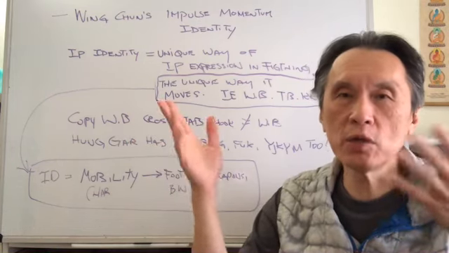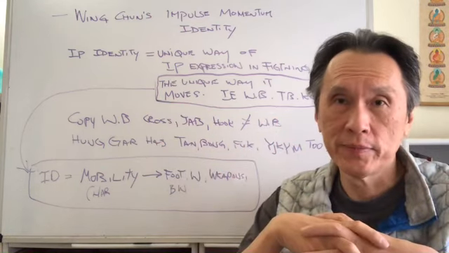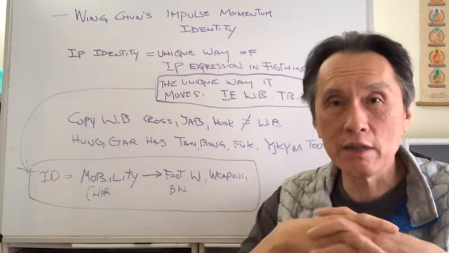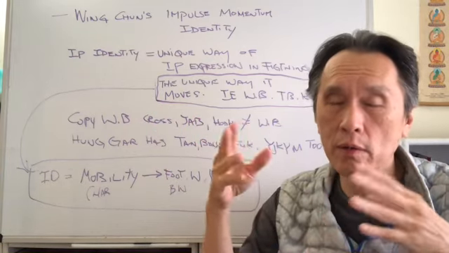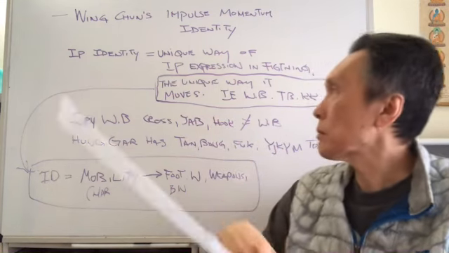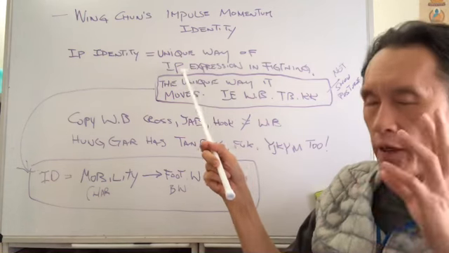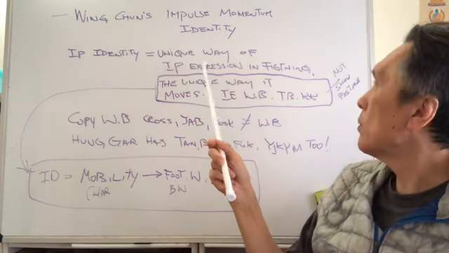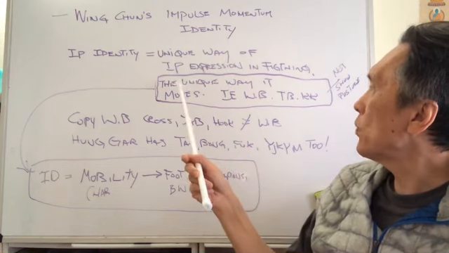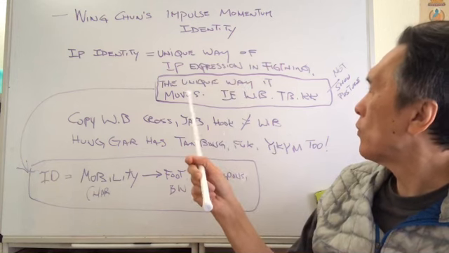Where's your Tai Chi when you fight? Where's your Bagua when you fight? You know, look at all these forums where the Chinese MMA players are questioning. Okay, so it exists, the impulse momentum identity. So the impulse momentum identity is the unique way it moves. Okay,